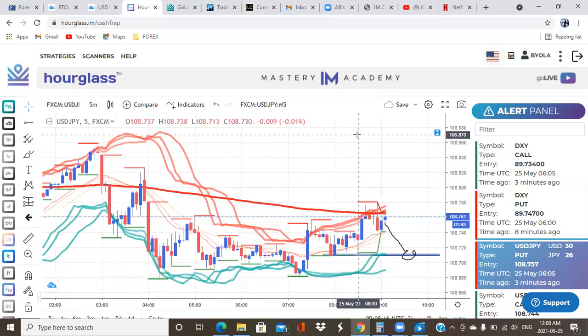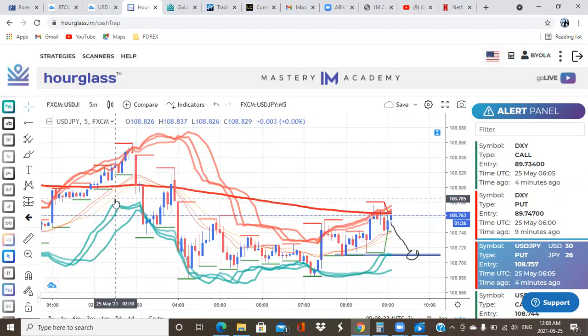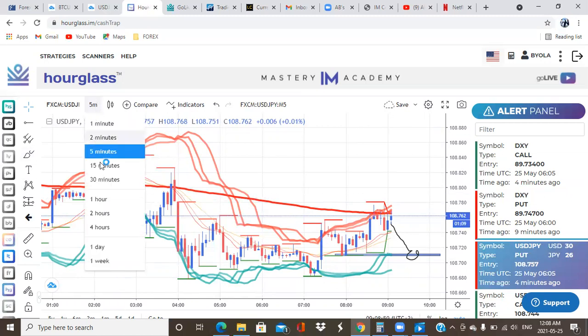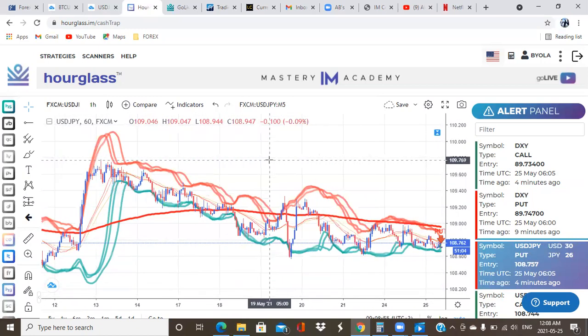But don't forget that the beauty about this market is that it is dynamic, right? You need to understand the language that the market is giving you at any point in time. Because of what we are seeing here, because it is high frequency, we want to go with what is happening at the lower time frame, what we can see in terms of where the market is going: is it trending up, is it trending down, is it consolidating? If I go to the 1 hour here now, I can see clearly